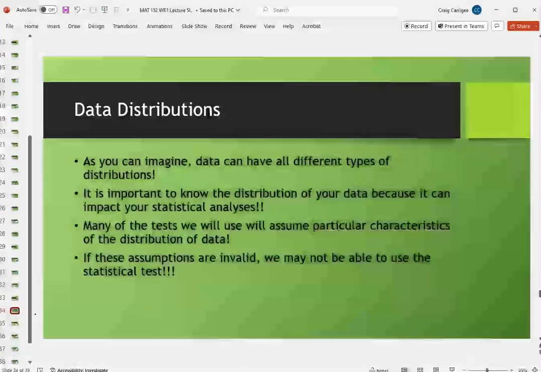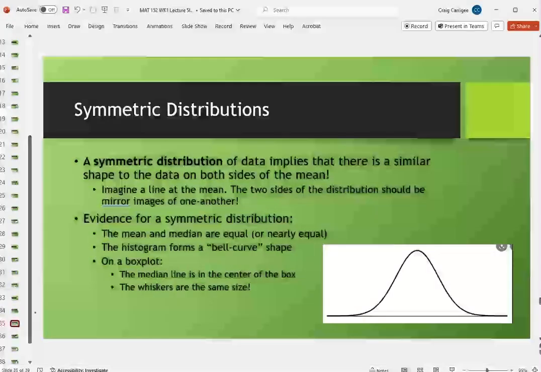Data can be distributed in all sorts of ways. I've left off a few things that you might otherwise see here and some other random data sets that you find, and I'm going to focus here on the important ones. In particular, this is the most important, which are symmetric or bell-shaped distributions. Now, again, there's information here about the mean and the median and box plots that we'll discuss later, but